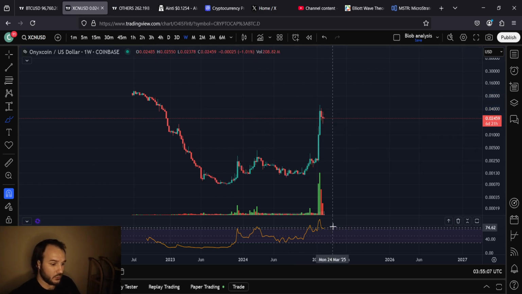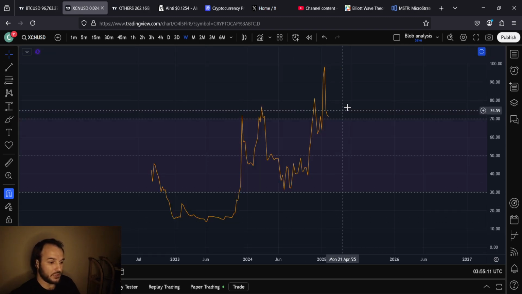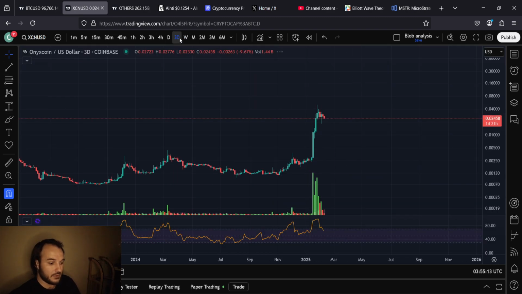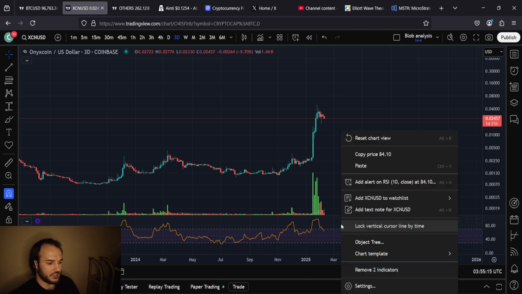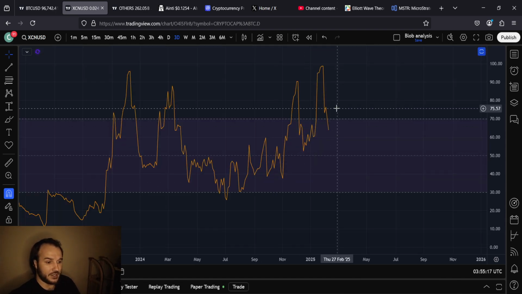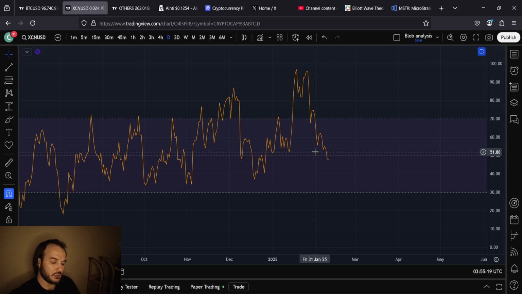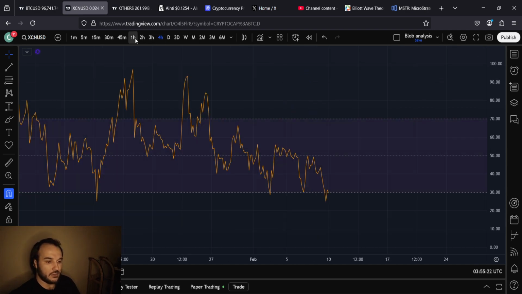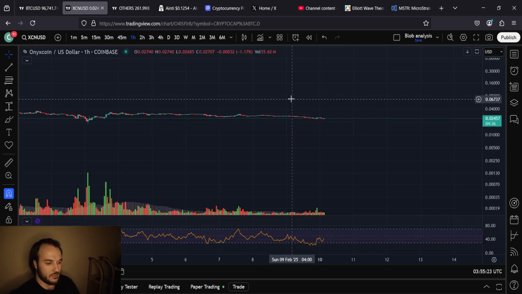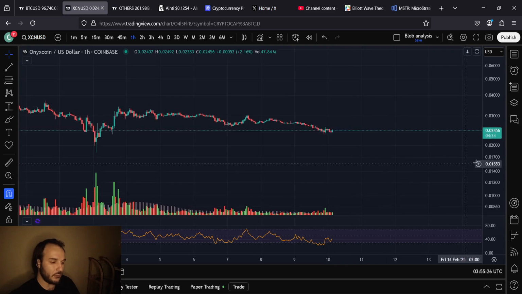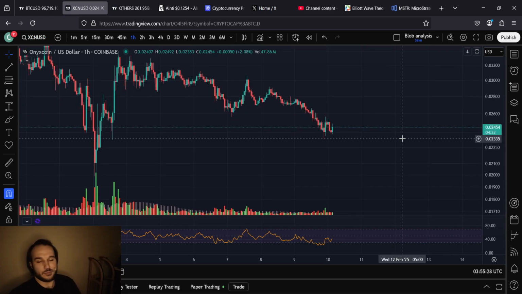Things look good. I like the weekly RSI. I like where it's at right here. In fact, a bounce right here would look really good, just bouncing off that overbought zone. 3-day time frame, also killer all around RSI, higher lows there. Daily RSI could go a little bit lower, but overall good as well. And then the 4 hour and the 1 hour are the only ones that are making me think that we could go lower, which is nice because the 4 hour and the 1 hour being bearish, but everything else being bullish means we have a little bit of time left to the downside, and then we're about to get started